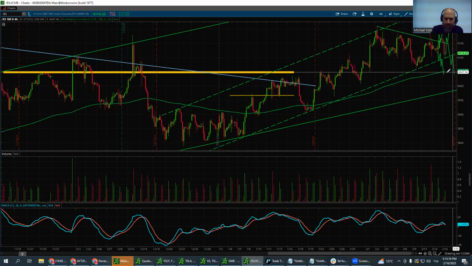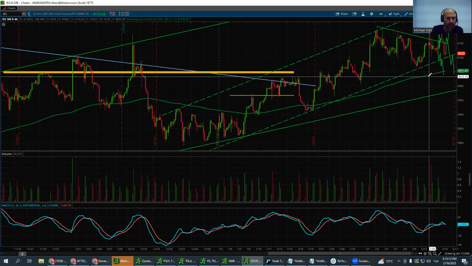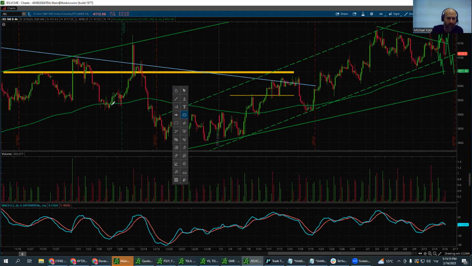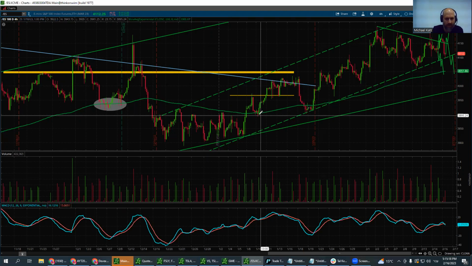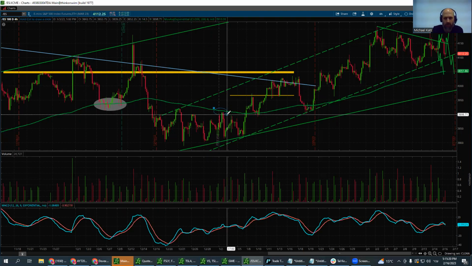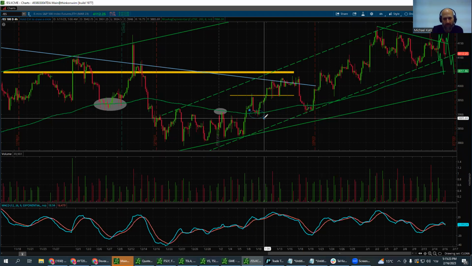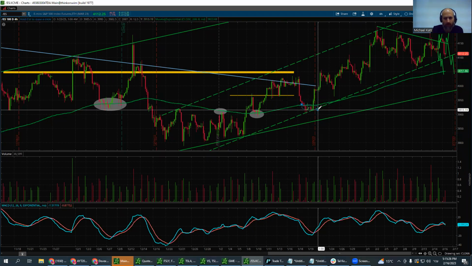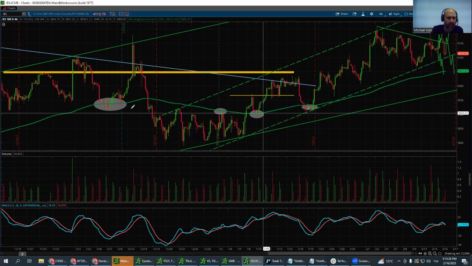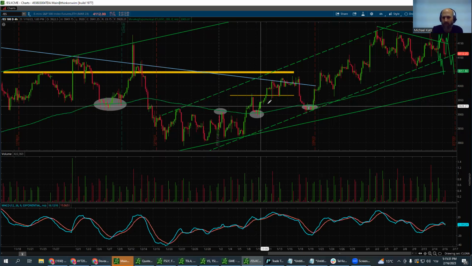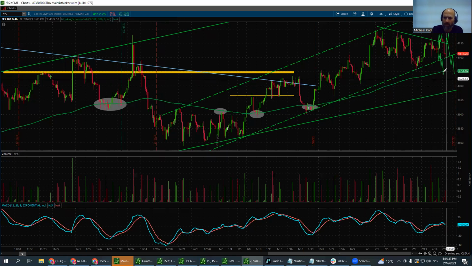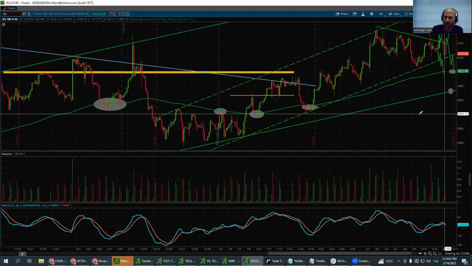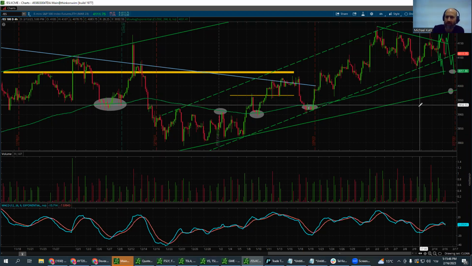The next level, as you can see, first we have the 200 EMA that perfectly worked before. So as we know, when something worked before, it should work again until it's not. But you can see that around the area of the 200 EMA, buyers came in and pushed the price up every time. So first we can expect it to happen again. And if we break it, the next level should be the low of the bigger channel that we just saw, and that's around the 4,000.